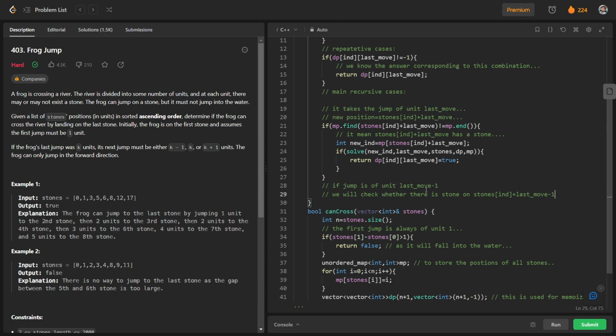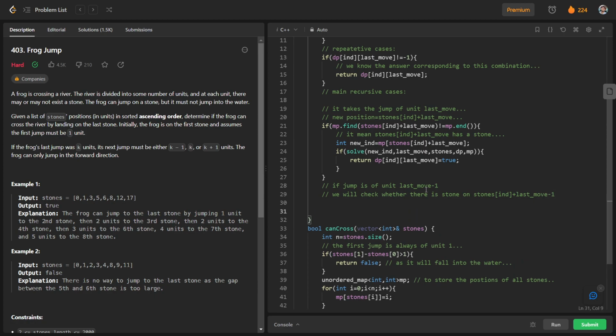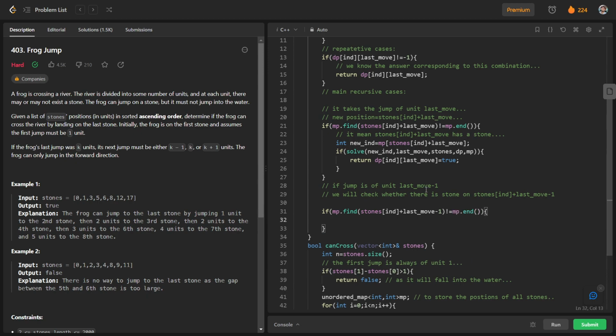So we will check whether there is a stone on this position or not. For this we again have: if mp.find(stones[ind] plus last move minus 1) is not equal to mp.end, then we have a stone on this particular position, so the frog can jump on it.